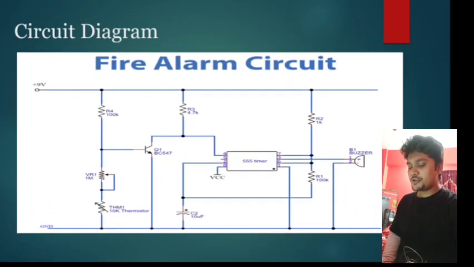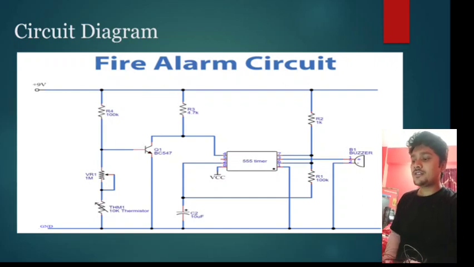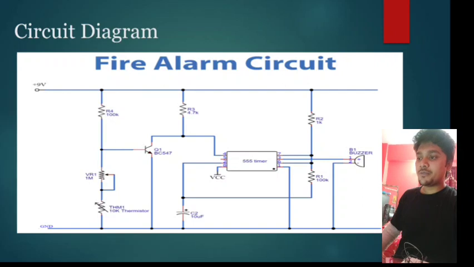So in this slide we are going to talk about the circuit diagram. That means how the fire alarm circuit is connected. We can see that we have supplied 9 volt and the 555 timer has 8 pins. The 8th pin is connected to the VCC. The first pin is grounded. The second pin is grounded after being connected to a 10 microfarad capacitor. The 6th, 3rd and the 7th pin are connected to the terminal where 2 resistors of 1 kilo ohm and 100 kilo ohm are in series,